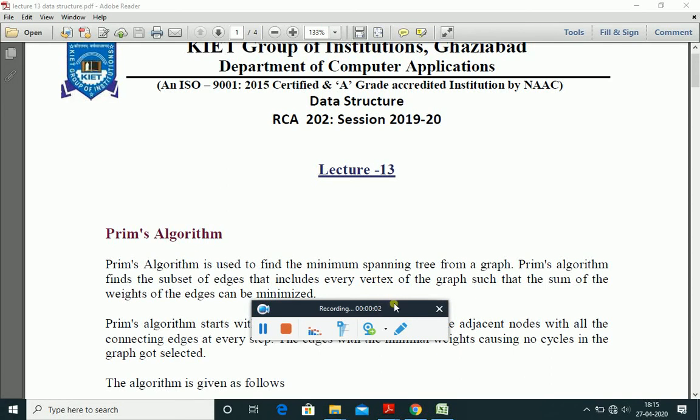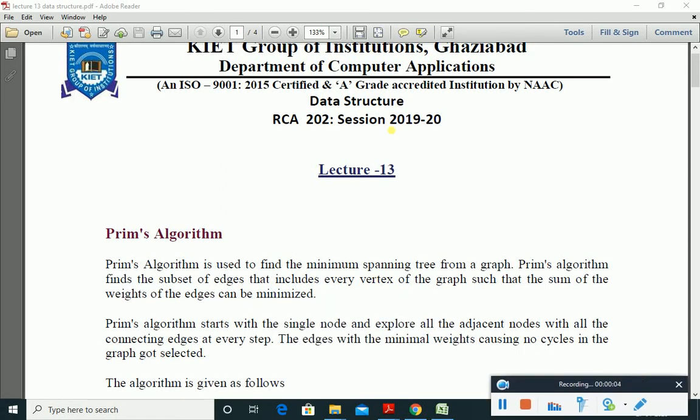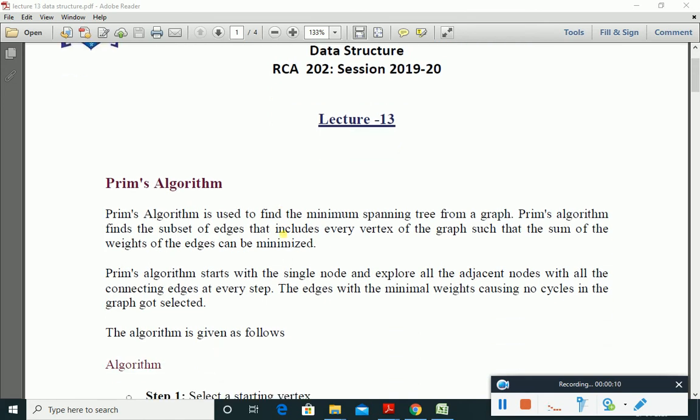Hello friends, in this video we will learn the second method to compute the spanning tree with the help of Prim's algorithm. Prim's algorithm has a different approach as compared to the Kruskal algorithm. In Prim's algorithm we can start to run our algorithm from any vertex. But in Kruskal, we should start from an edge of minimum weight.